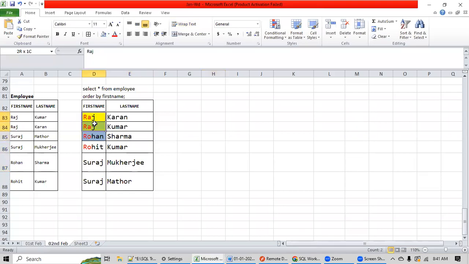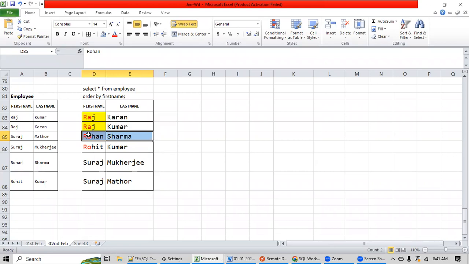That is why Raj Karan and Raj Kumar are before Rohan Sharma. Is this clear first of all? Yes. Hope it is clear. So net, what we understood is that the engine will check the first character. If the first character is the same in all the records, then it will check the next character, and then accordingly it will take a decision. Fine. Any question here?